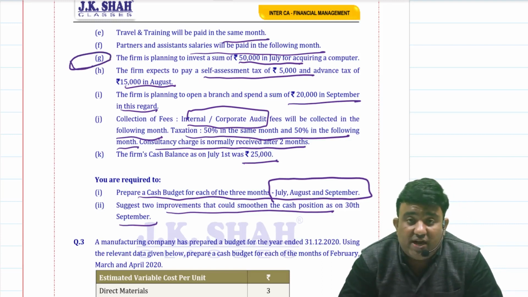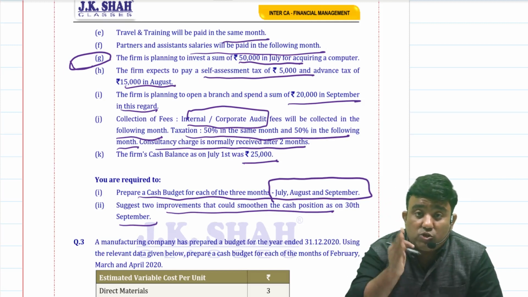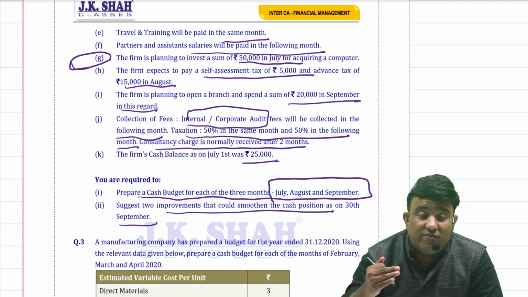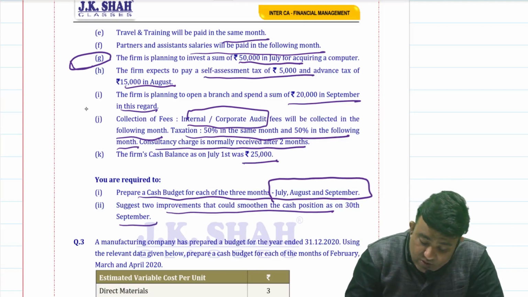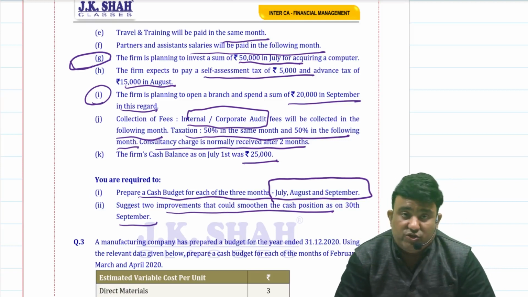Student, the problem has started from the month of July, where you have started purchasing a computer. Instead of purchasing a computer for 50,000 in cash, can't you purchase the 50,000 computer on an installment basis? 10,000, 5 installments. This is the one thing which can make your cash position very smooth. And one more thing is, you can delay the